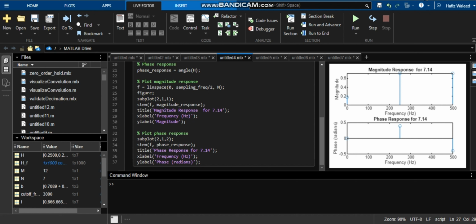The normalized cutoff frequency is computed by dividing the cutoff frequency by half the sampling frequency. The impulse response h is calculated for n from 0 to N minus 1 using the sine function normalized by pi multiplied by minus 1 to the power n to implement the high-pass filter characteristics. At n equals 0, the impulse response is set to 1 minus the normalized cutoff to handle the singularity and ensure the correct high-pass response. The frequency response H is obtained by taking the FFT of h. The magnitude and phase responses of the filter are extracted from H and plotted using stem plots for frequencies ranging from 0 to 4000 Hz. The figure contains two subplots, one for the magnitude response and one for the phase response.